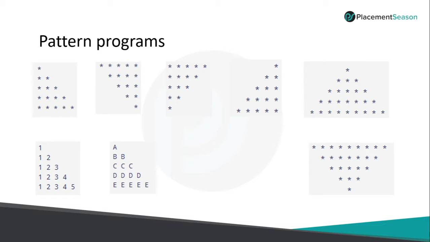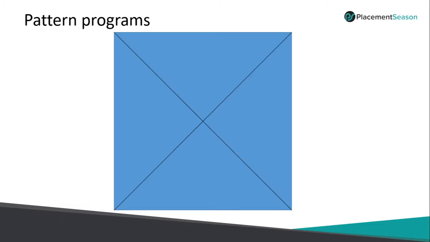Instead of printing star, you will be using the suitable %d or %c with a variable. So I suggest you to understand the logic for these 4 pattern printing and modify this to get this output. So what you can do is, you can consider this pattern printing program as a square, something like this. So whatever the program you will be getting, it will be coming under any of these triangle, upper triangle, lower triangle, right or left triangle.